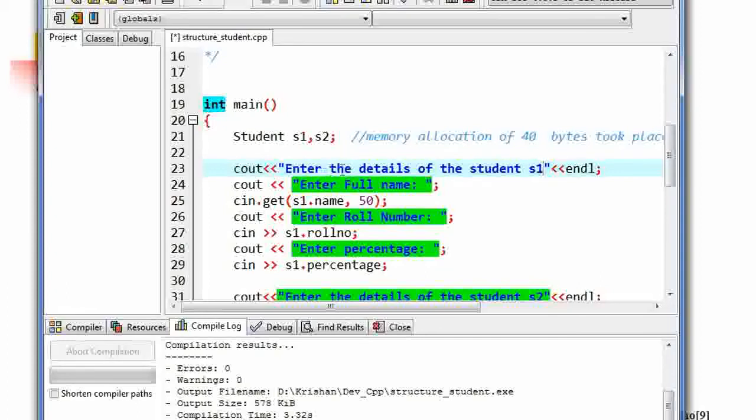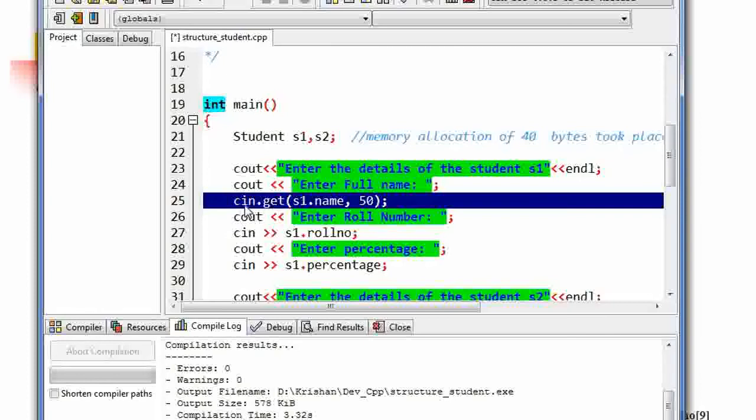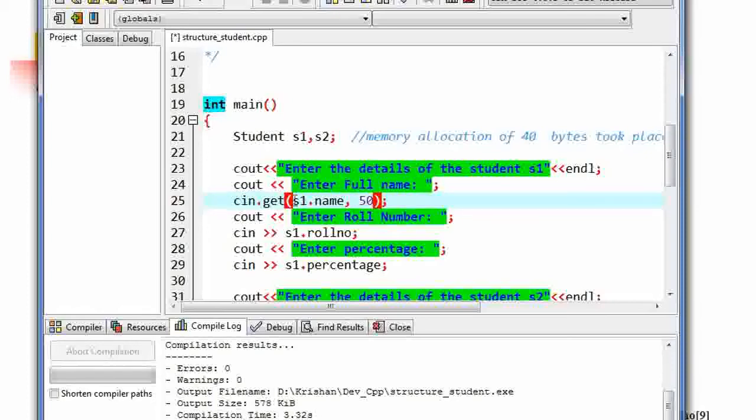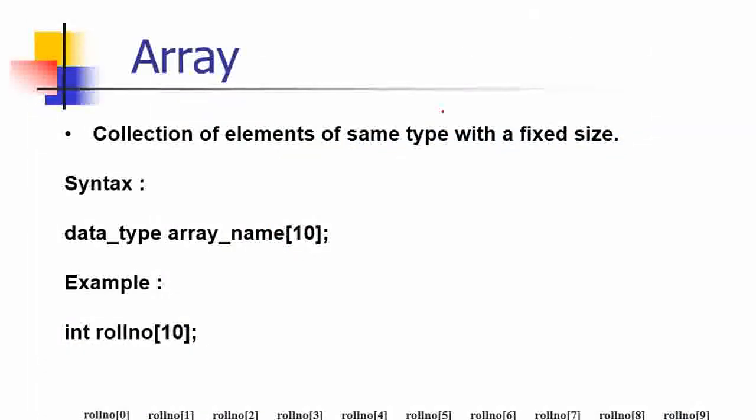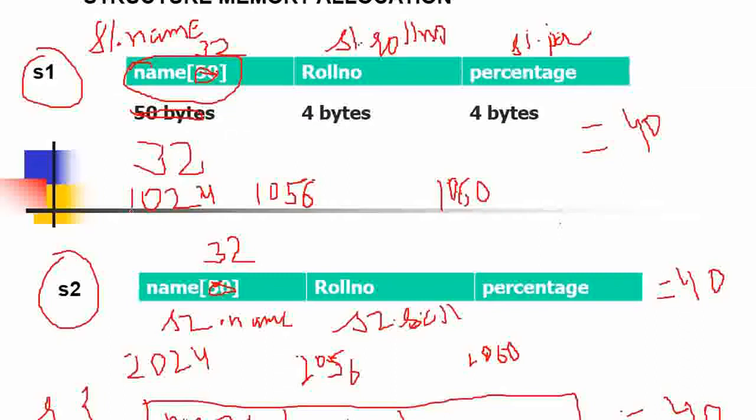They are saying enter the details of student S1, meaning they are asking for the details of S1. When they have written enter full name, they have used cin. Cin means they are expecting some input from the keyboard, which has to be stored in s1.name. s1.name is a memory location. The address of s1.name is 1024.